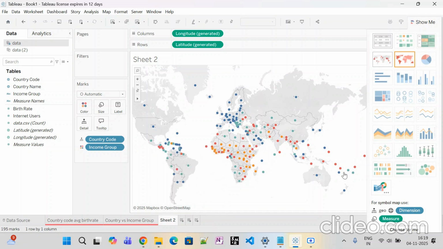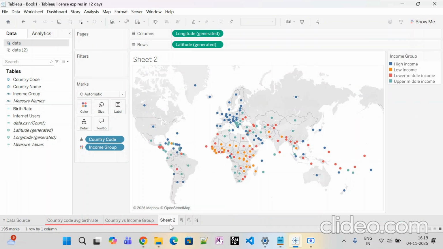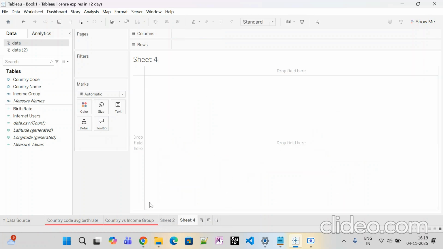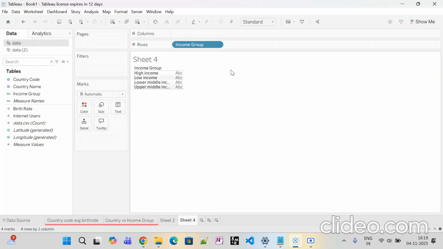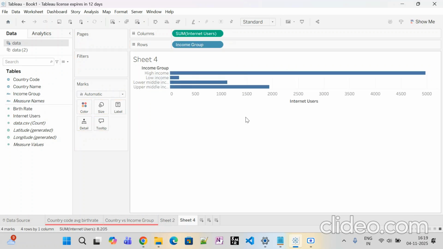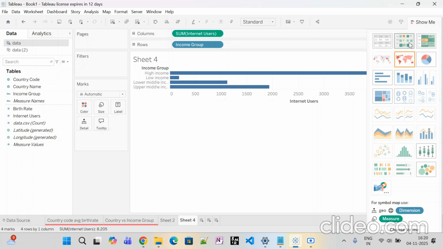I'll just make it as it is, and I'll go to the other one, and same thing, I will give the name, or you can add the income group as here. I'll just give this income group and internet users. Okay, so these are the internet users, and now you can just click on this show me, and this is heat map,